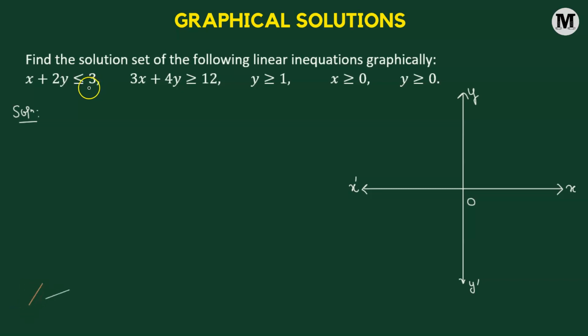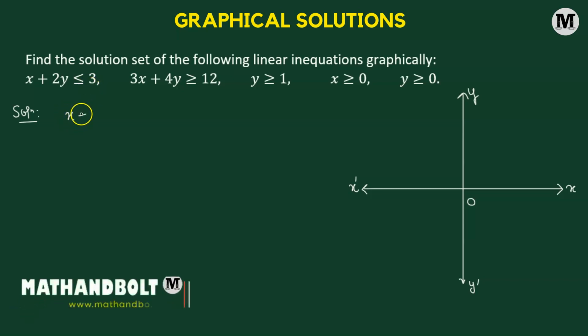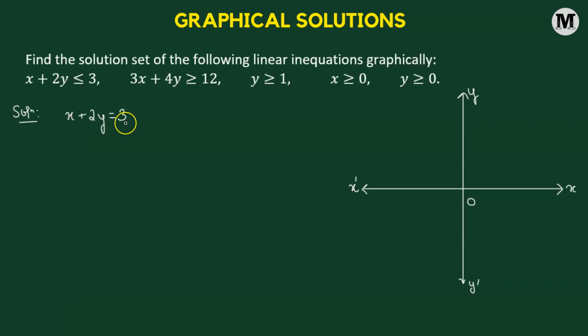We're going to convert it to an equation. All we have to do is replace the inequality symbol with an equal symbol. So that means we now have x plus 2y equals 3. That's a linear equation in two variables x and y. We're going to consider some values for x and y. So let's say when x equals 0, then the corresponding y value is going to be equal to 3 over 2. And when we choose y to be equal to 0, then the corresponding x value will be equal